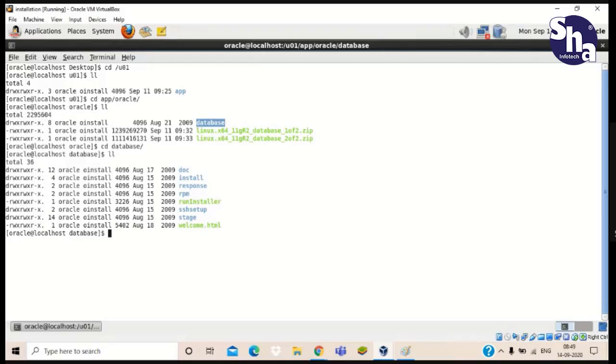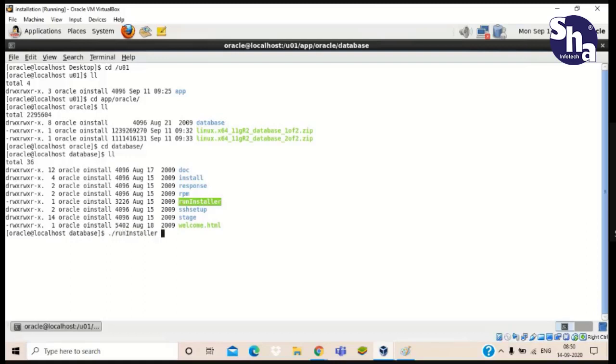Now you will see that a file is present here named runInstaller. So we have to run this file. For running this file we will use dot slash and the runInstaller name.